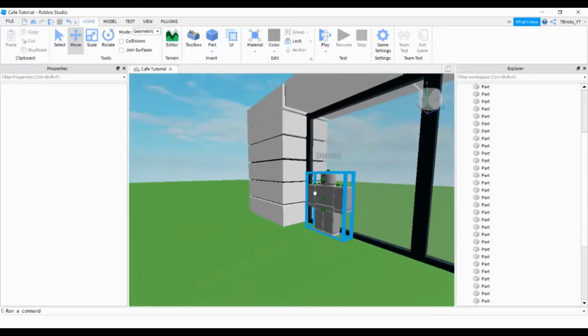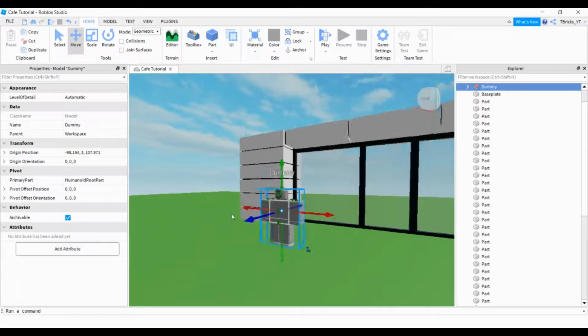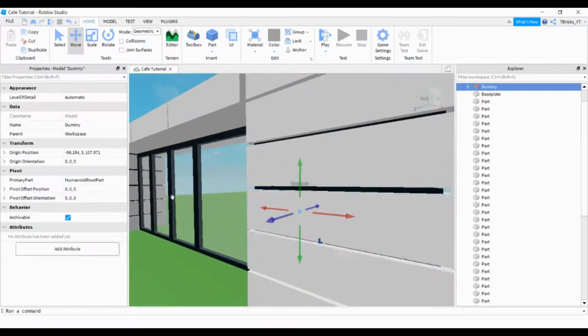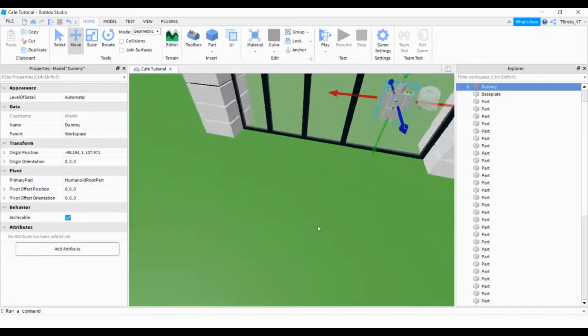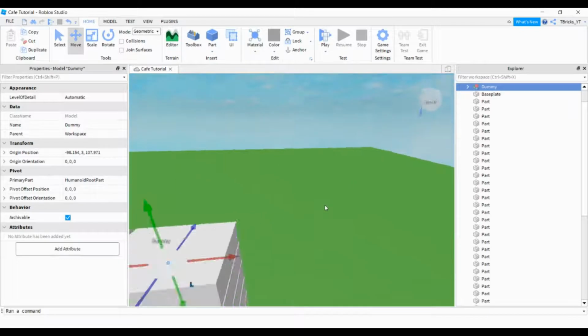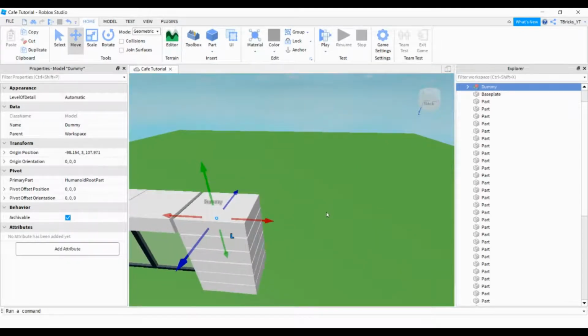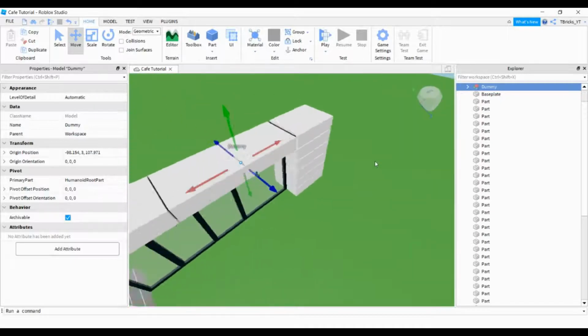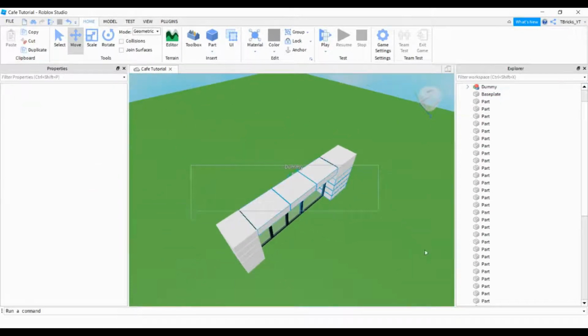So I think that's it for this wall. I think you guys could do similar stuff for this wall. I'm going to be making the door later. I'm not sure if you guys really want to continue using this wall style, so another style would be kind of like